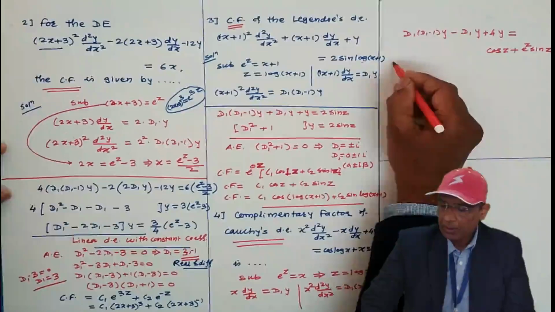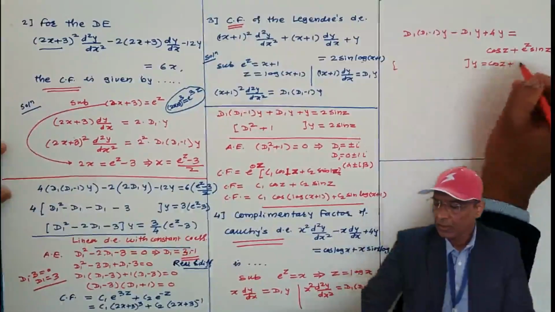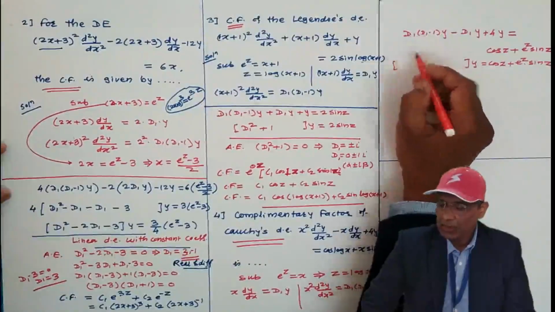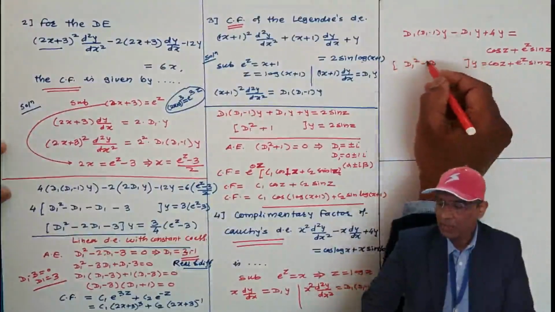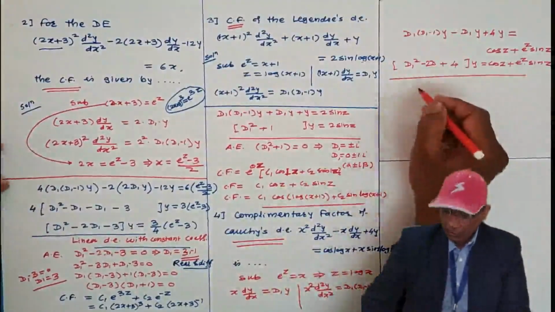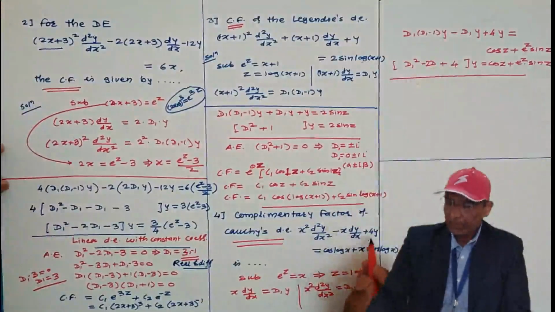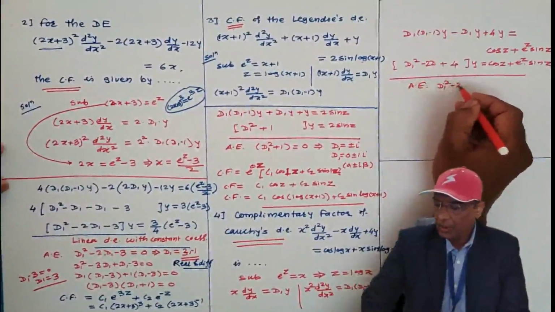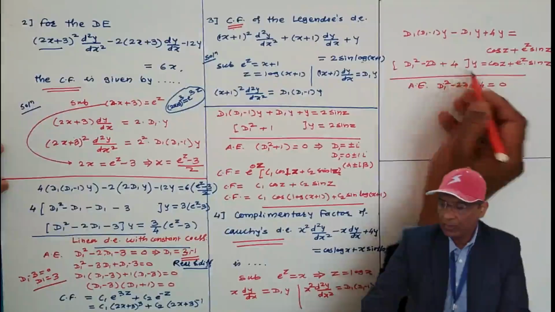Now, take y common. If I take y common, the right hand side is as it is. And on the left, D1 square minus D1 square minus D1, and this minus D1 is minus 2 D1, writing directly, plus 4. Now, we want the complementary factor. For the complementary factor, write the auxiliary equation: D1 square minus 2 D1 plus 4 equal to 0. This is the auxiliary equation. Equate the coefficient of y with 0.